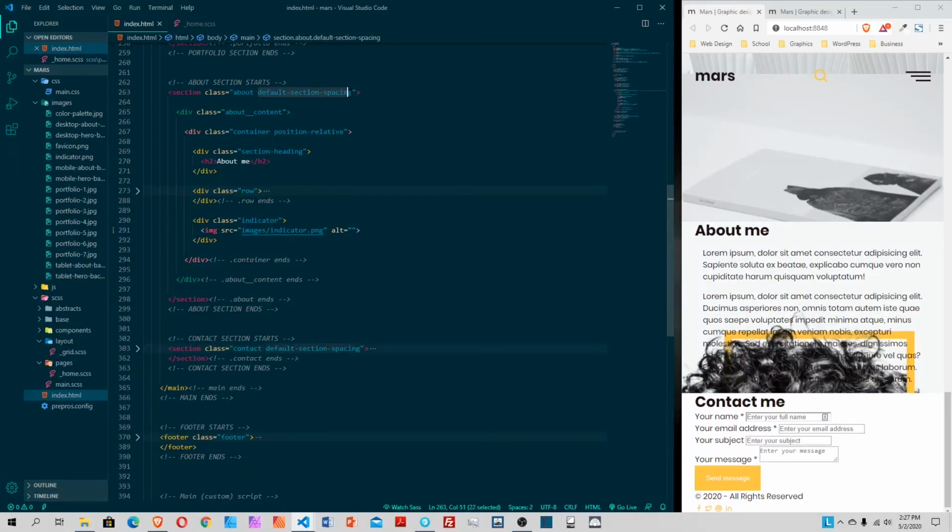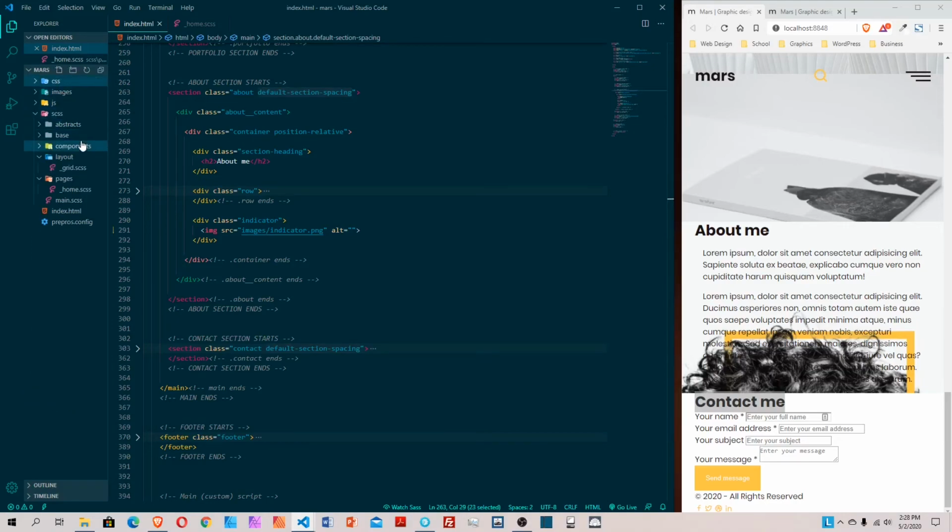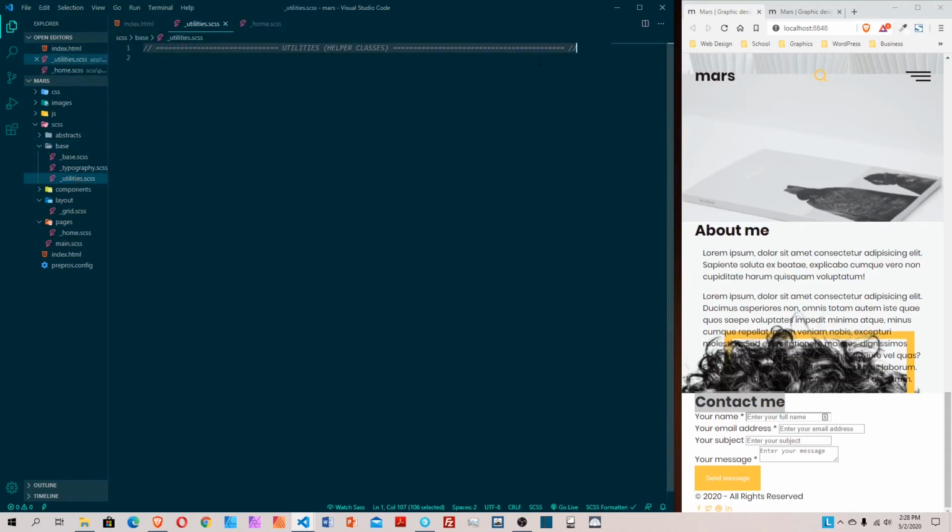The default section spacing, we give some spacing on our top and our bottom so it looks nice, so we're not stuck to the edge right here. And the section heading, we add some margin to the bottom. So without further ado, let's work on this one. Default section spacing. Let's copy this, close this one now. Let's go back to the base and choose utilities. Let's start it right here. So paste this,